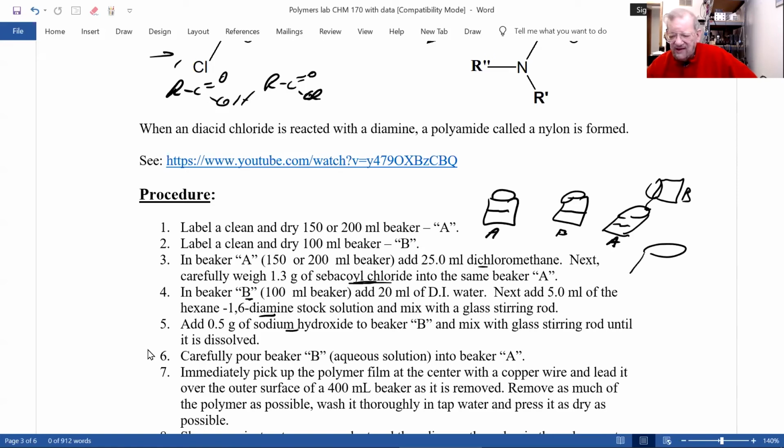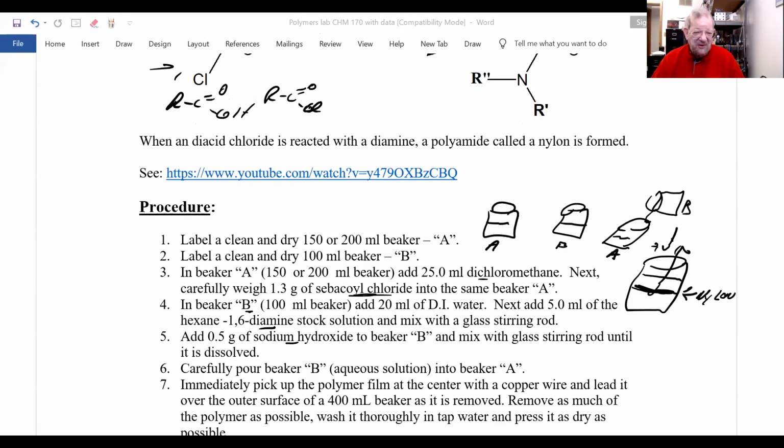What happens is after it's mixed, you'll have 2 layers, and this interface right there is where your nylon is formed, because that's where the 2 chemicals interact and react. And what you'll do is take a piece of long wire with a hook on it, hook this interface, pull it up, and wrap it around a beaker, and you make nylon. It's way cool. But because you can't do that in your home,